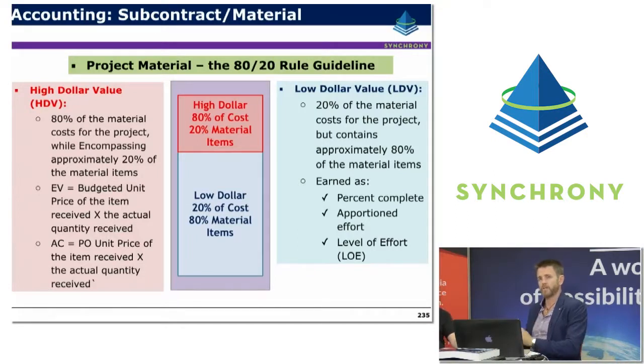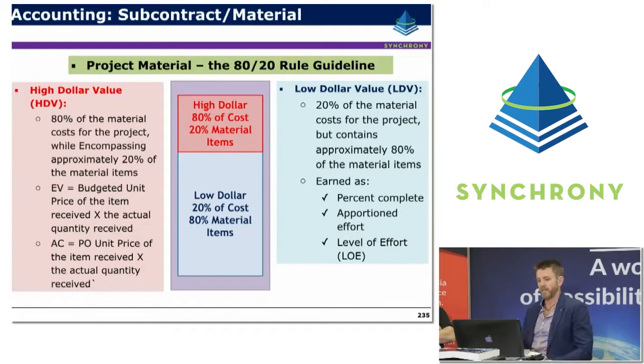Whereas for the low value materials, the low cost materials, there's not as much value or benefit to be gained by having such a rigorous process for accruing and receipting those sorts of materials. So by focusing on the higher dollar value materials, it helps ensure that you're not going to have too many bumps and lumps in your EVM system. So your big costs are going to be in sync with when they're received,